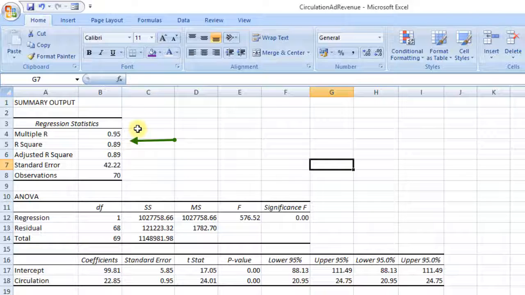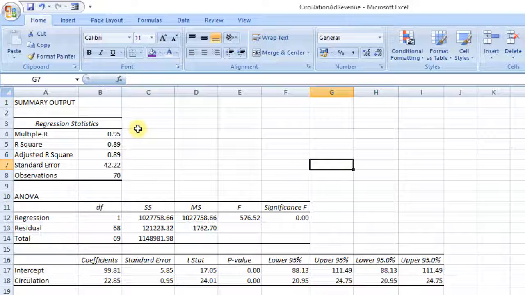In this case, it is 0.89, which means 89% of change in ad revenue can be explained or attributed to circulation. And R-square is between 0 and 1. The closer to 1, the stronger the relationship.